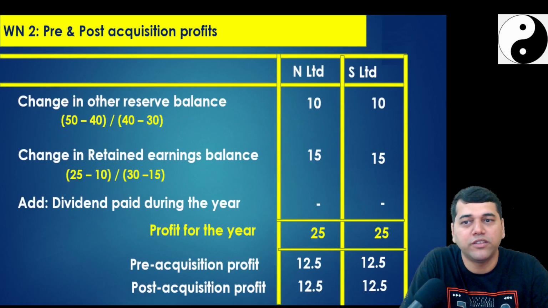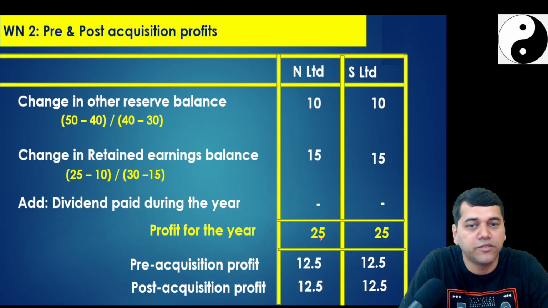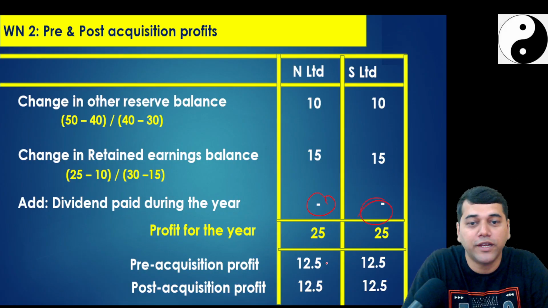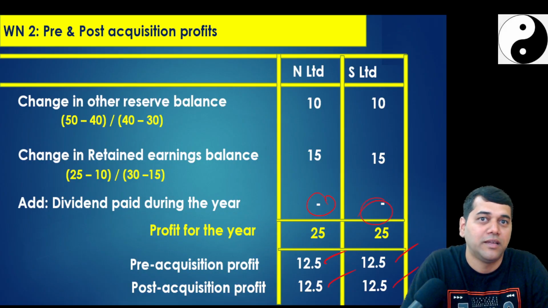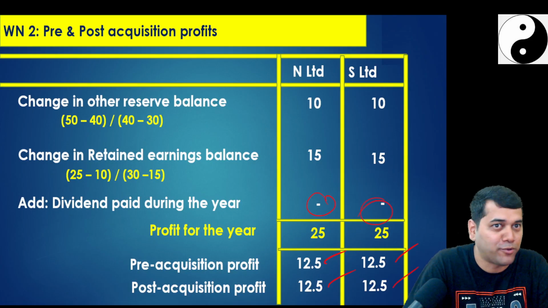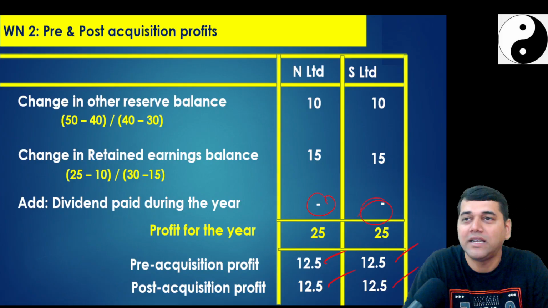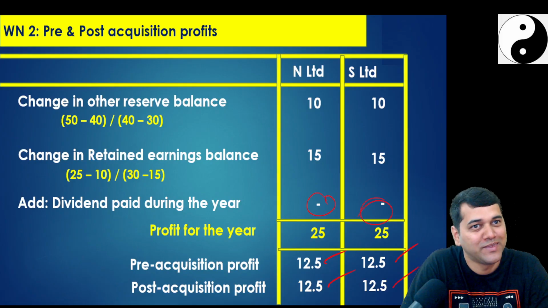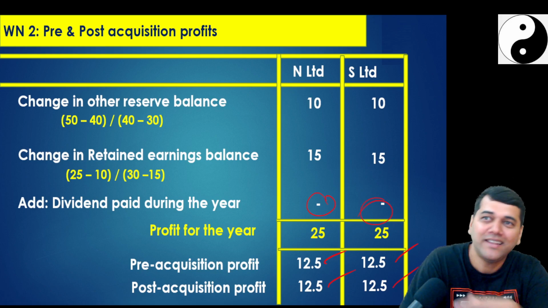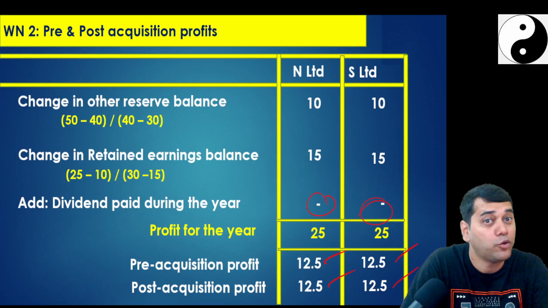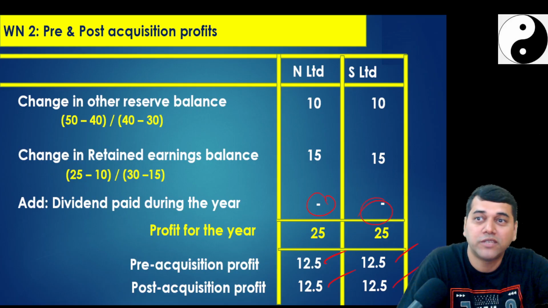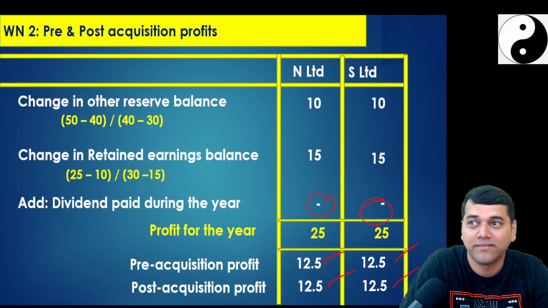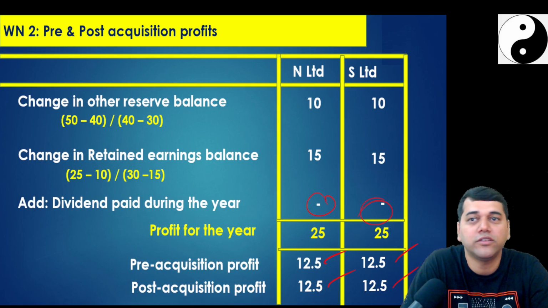You move to the pre-acquisition and post-acquisition profits. You take the change in the reserve and the change in retained earnings. Dividend here also they didn't give you. In the study material it is 25-25, you get 12.5. You cannot treat everything as a trap, okay? Sometimes it need not be, because ultimately ICA is unpredictable. When you think there is a trap, there is no trap. When you think it is not a trap, suddenly they will come from nowhere, that too at a critical adjustment point, which may have a cascading effect. So everyone got this number?